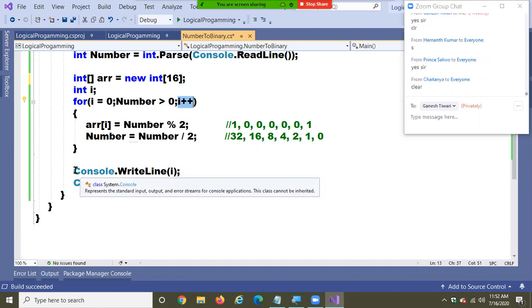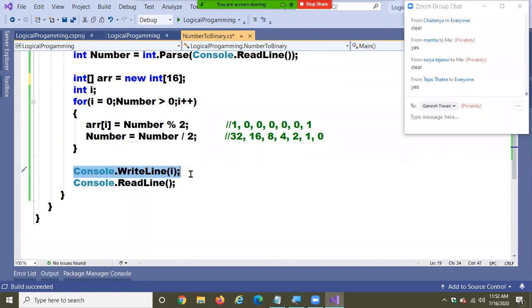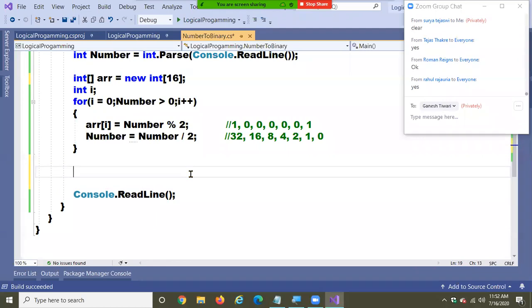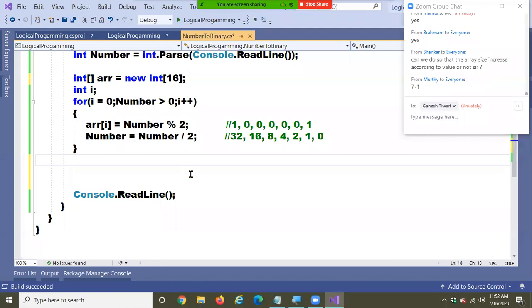Now tell me, should I print the values from 1 to 7 or 7 to 1? 7 to 1. Means my loop should be a reverse loop, right? Come on, help me in writing the code. Watch it there.